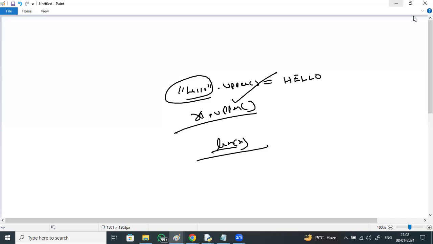Next I'll be discussing input and output statements in Python: print behavior, escape sequences, input. See, I'm giving a value like this, x equal to 10, print x, and it always prints 10 only. But I don't want it like this. Every time I execute it, second time, third time, even 10 times, it prints 10. But I want a different value of x every time. For example, x equal to